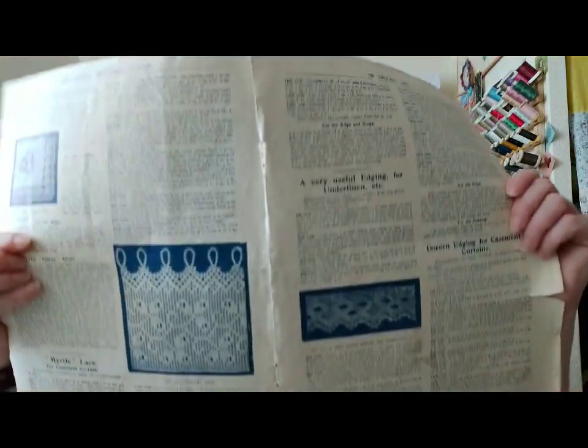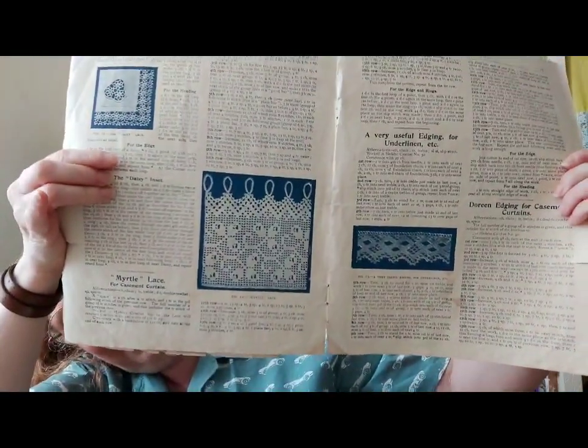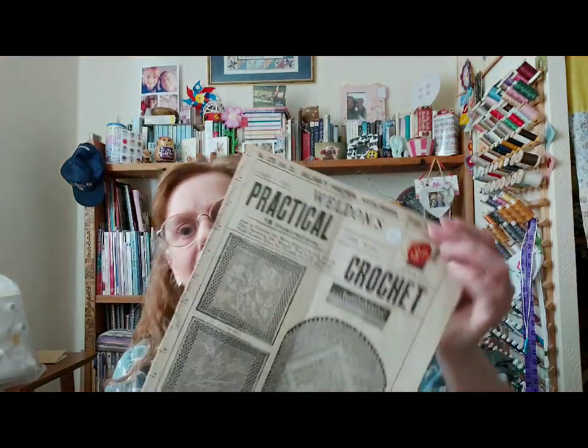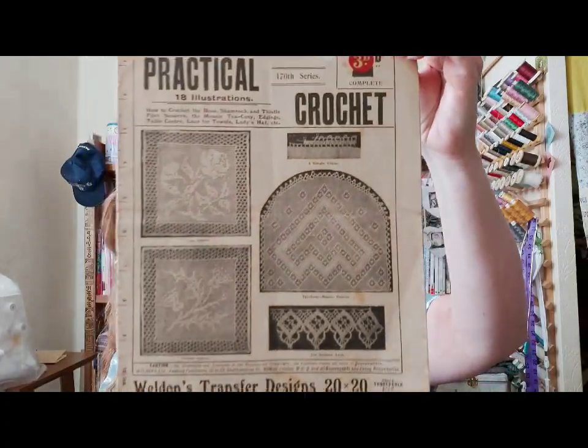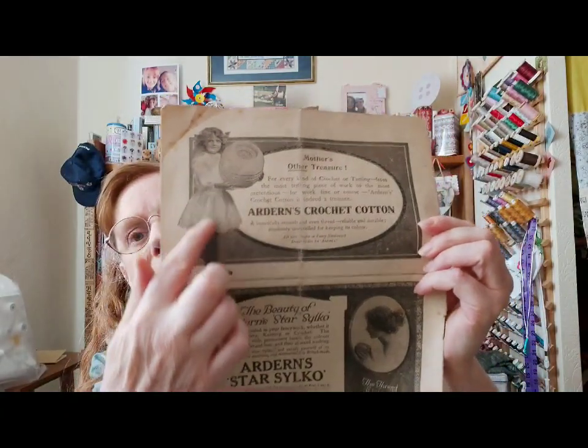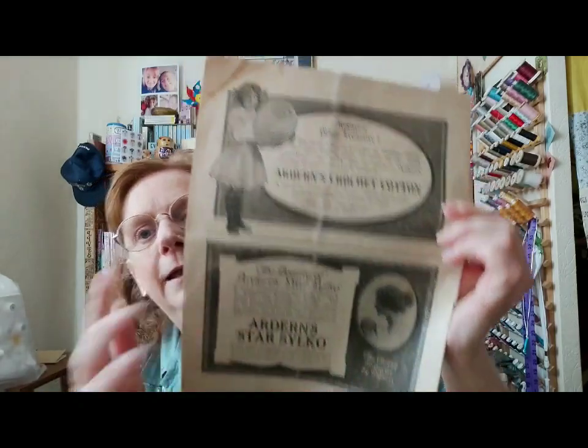You know, this is how they crocheted the neck curtains and so on. That's the first one. This one here. Now I paid 50p for it in a charity shop, and I think this one has got to be roughly about the same era when it comes to the adverts, because that's what I'm going by, the way people are dressed. If you notice here, the little girl and the lady in the adverts,